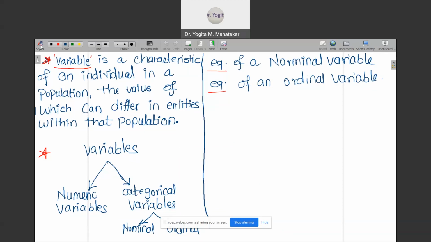When we want to describe numerical data, first of all we should know what is meant by a variable. The definition we have just seen: it's a characteristic of an individual in a population.